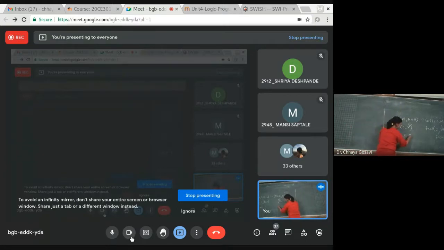A is equal to A plus 1. What is the value of A here? Is it the same on the right hand side of the assignment operator and on the left hand side? So what does this A represent? Location or value?